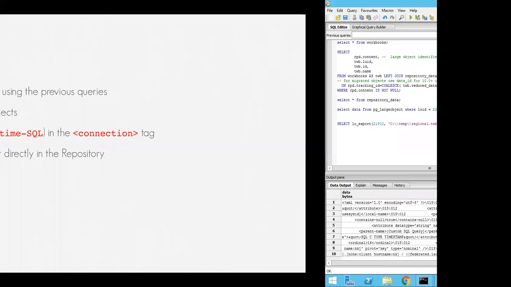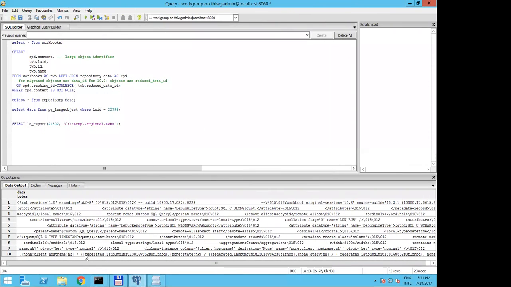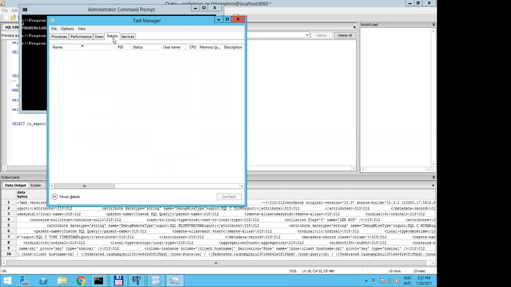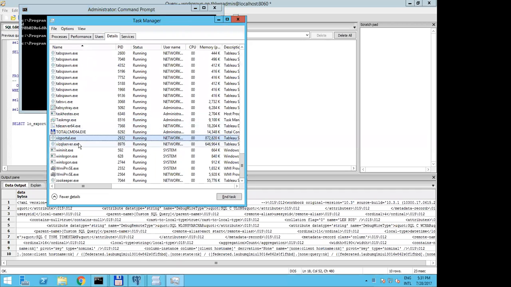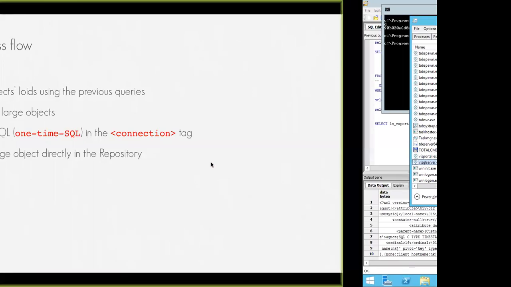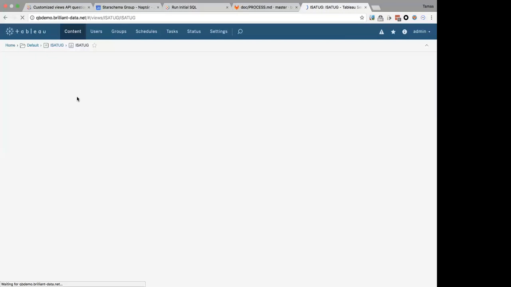To make sure that it will work as I want, let me first of all kill the cache, and there is no better way to kill any database connections or cache than to kill the SQL server process itself. So let me kill this guy, wait a couple of seconds until it recovers. Okay, it's ramping up, eating the memory as it should. And around 400, I will be brave enough to see how it goes. So if I open this guy,